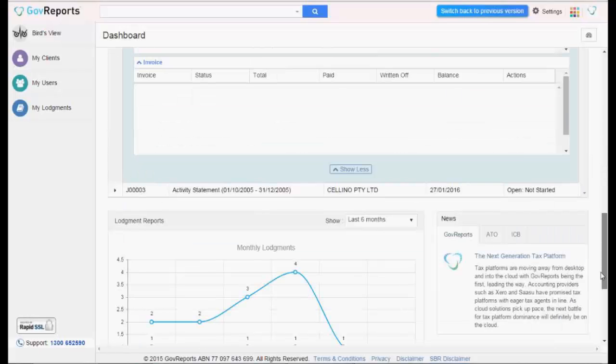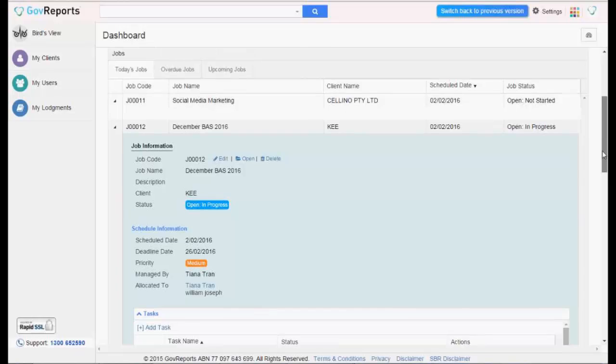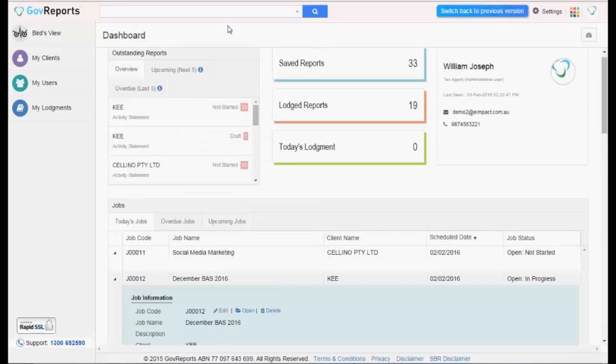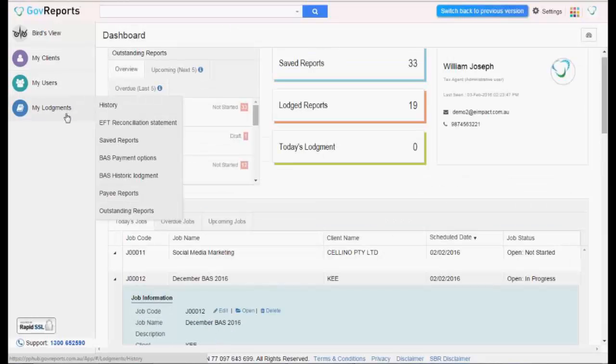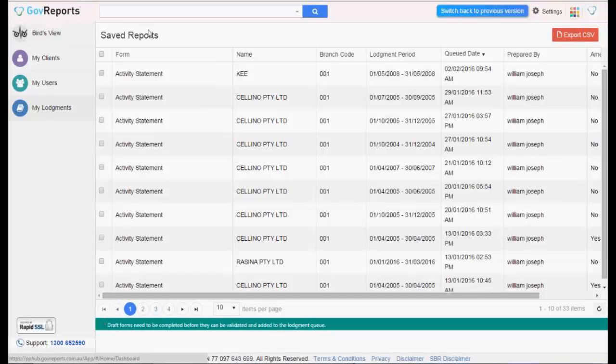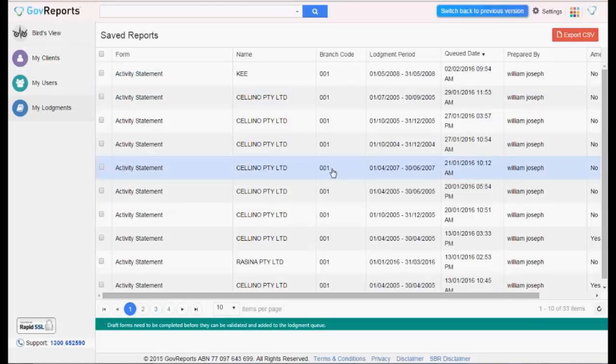From the dashboard you can see the jobs, then go in and edit and make changes to the job. You can also get access to the CLM from the save reports. Save reports can be reached from My Lodgement History, as well as from Birdview, where you have the save reports. Once you click on any of the clients that you have on your save report,